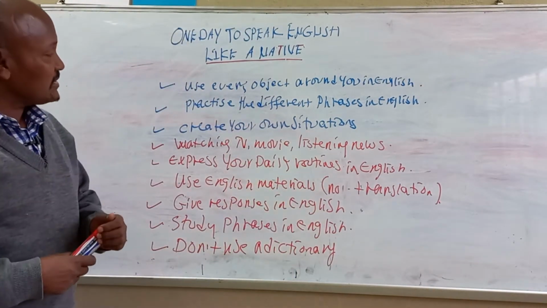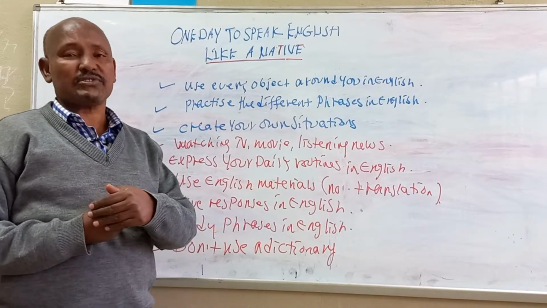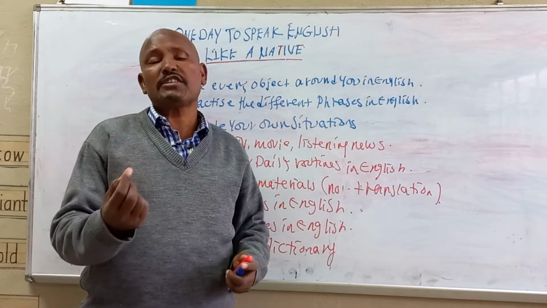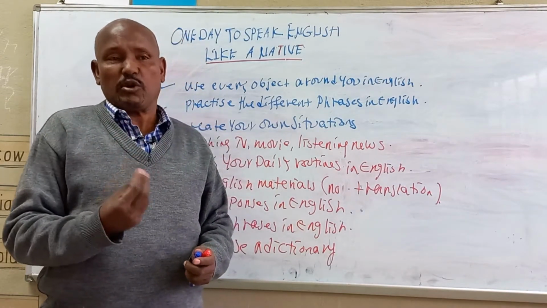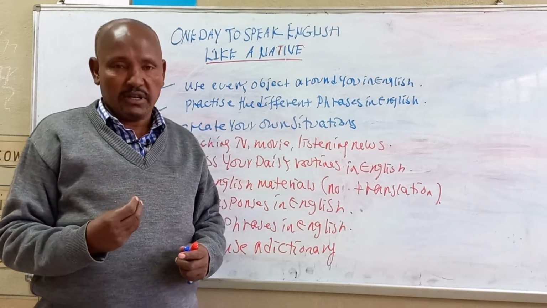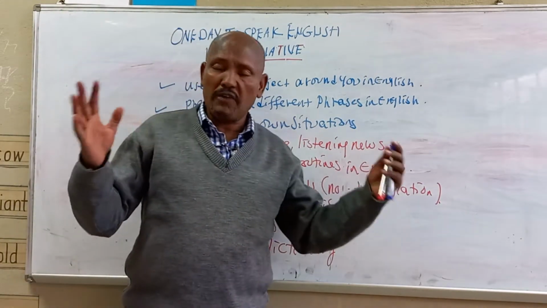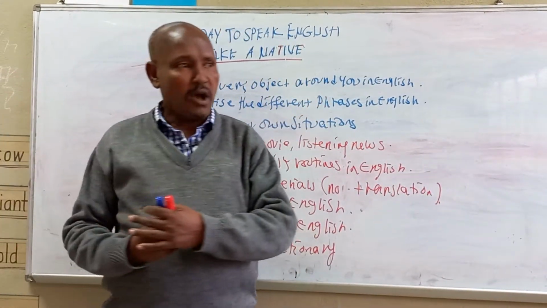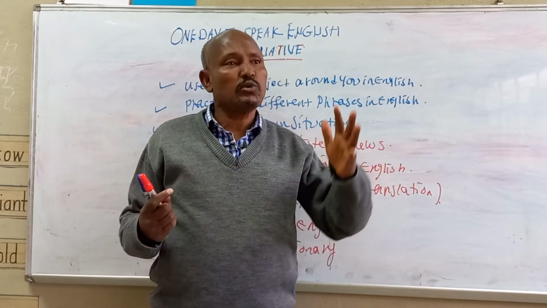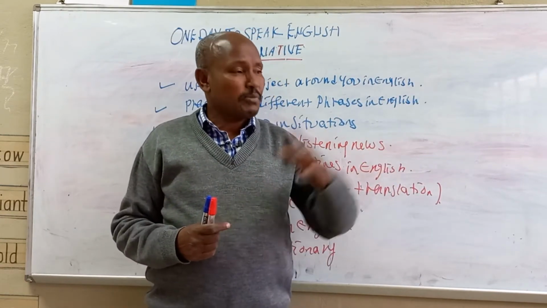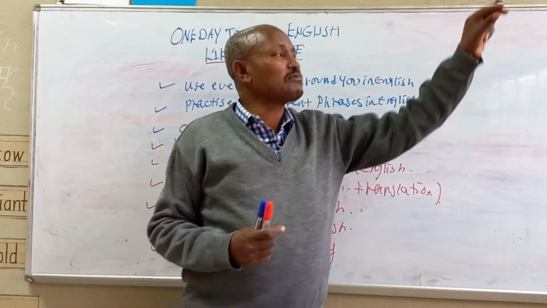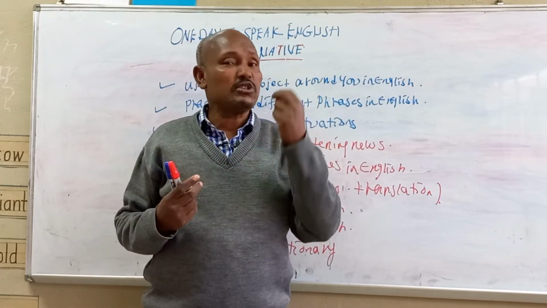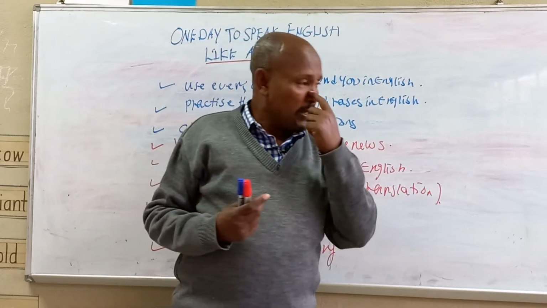The other technique is to practice different phrases in English. The more you practice, the better you improve. The more you practice, the better you'll become a native-like speaker. So what are the kinds of verb phrases here? We have many phrases. What do the phrases mean? We use different strategies to define the meaning of a phrase. So practicing and defining the meaning of phrases may expand my vocabulary knowledge. So this is another, second strategy. The third one,